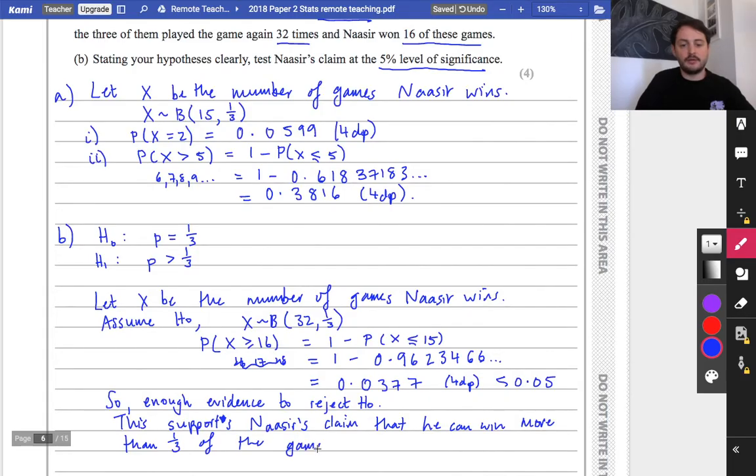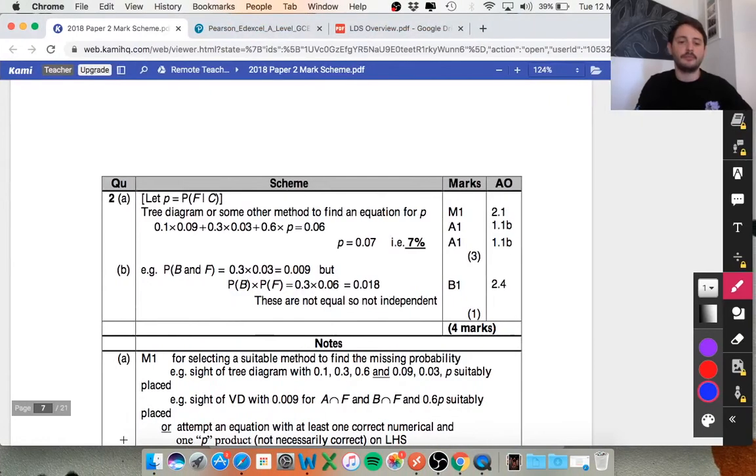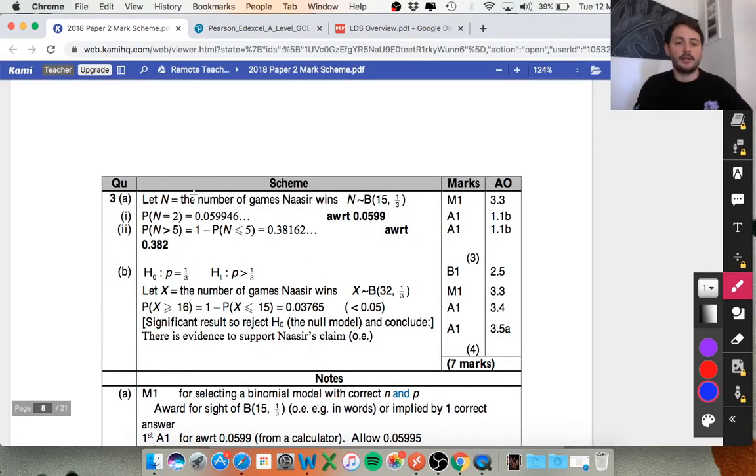Okay, let's check where the mark scheme comes from. You really need to make sure you do put it in context of the question. If you don't put it in context of the question, you don't get this last mark that you have here. So, let X be the number of games that he wins. So you have to write down how it's distributed. That's one of the marks. You then get these 2 marks for just using the calculator correctly. Did we get that